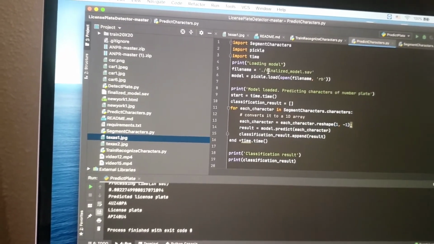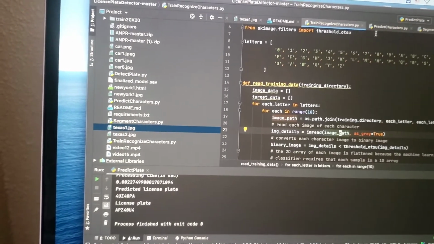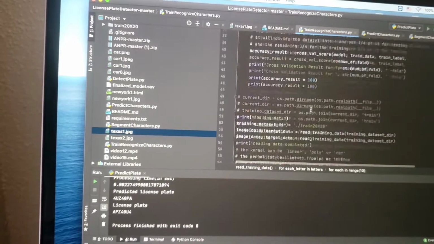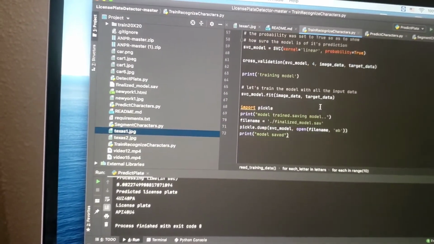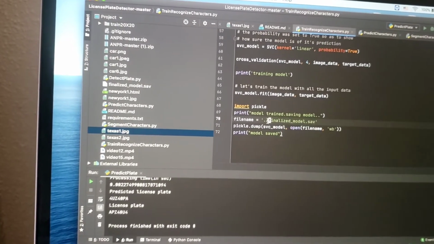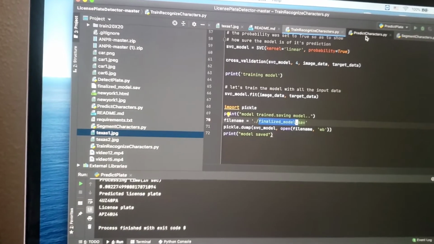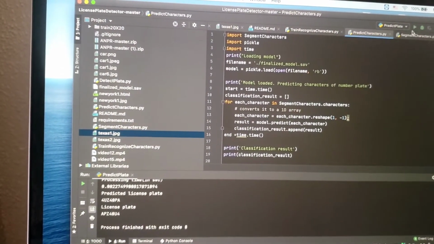After training, we saved the model in a SAV file. After the training is complete, we save it in a finalized model.sav file. Now we will go for predicting with the model.